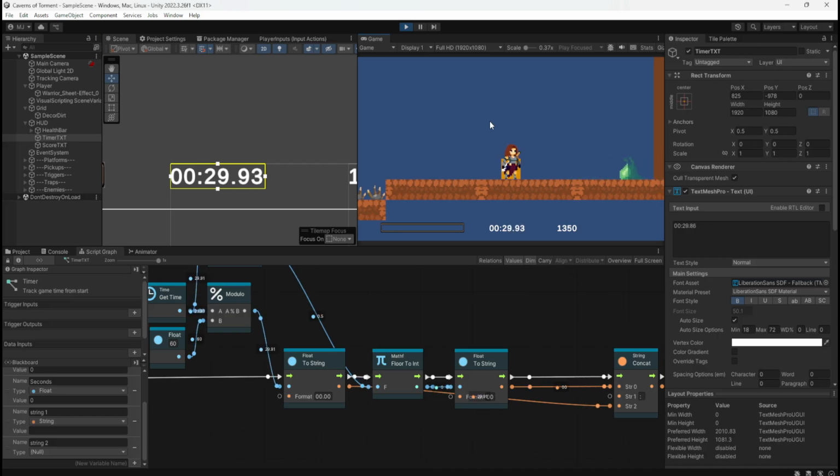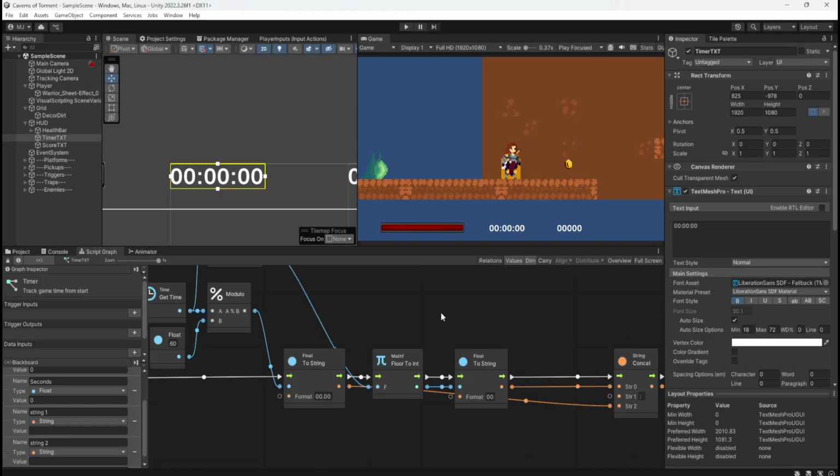String replace between first. Hold on. String replace between first to string.